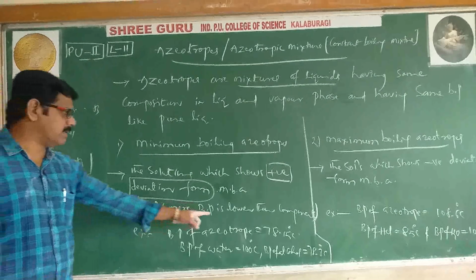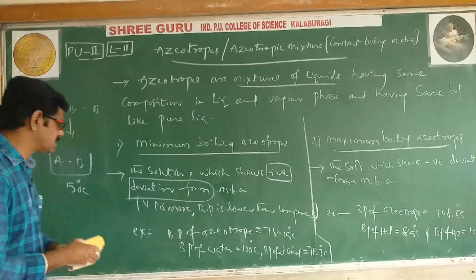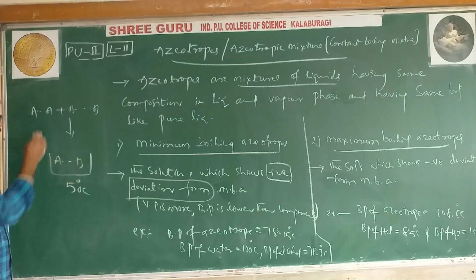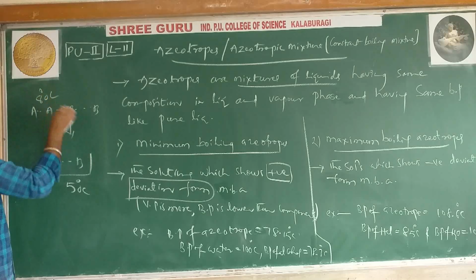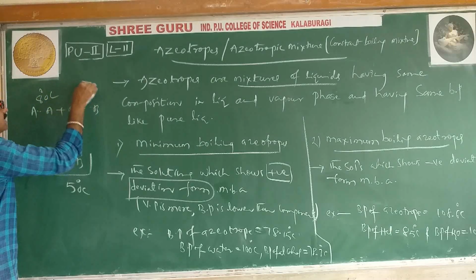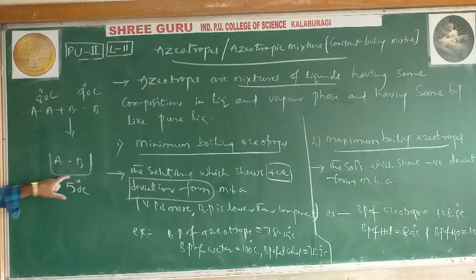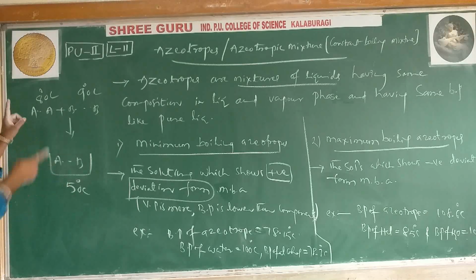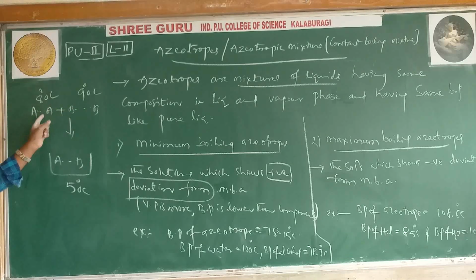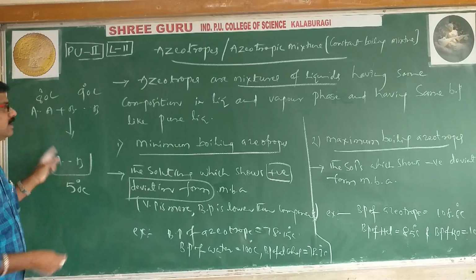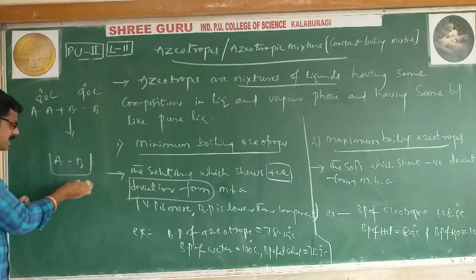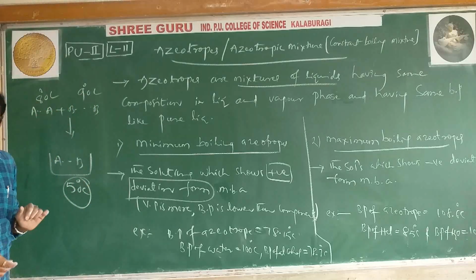What we have mentioned is that the boiling point is lower, meaning the mixture boiling point is lower than the pure components. This component's boiling point, say, is 80 degrees. This component's boiling point, say, is 90 degrees. But the mixture boiling point is lower than either component. So compared with the pure components, our mixture boiling point is definitely less. It is 50, against 80 and 90, like that.